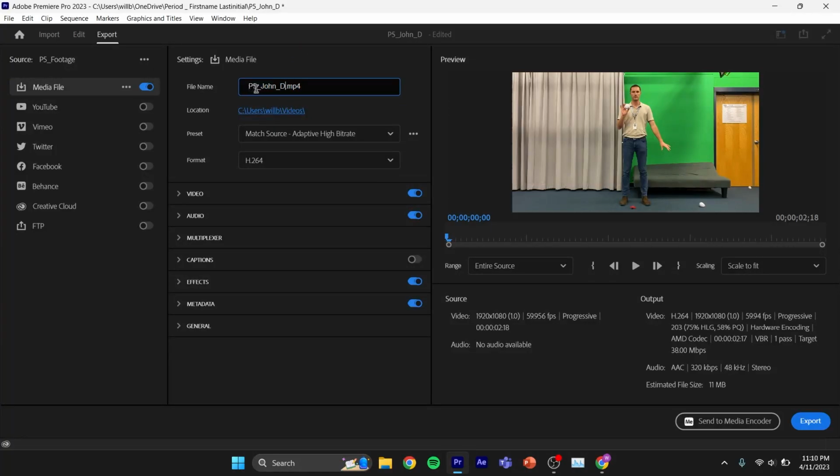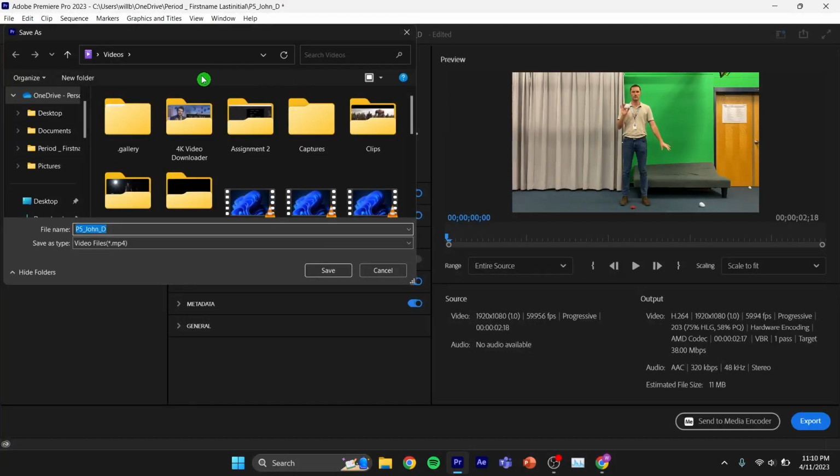There we go. Looks good right there. P5. So this is project 5, my first name and my last initial, just like that. Location, guys, this blue letters that you see right here. Let's go ahead and click these blue letters again. And then we are back to this list that we saw earlier, which was our documents and everything on our